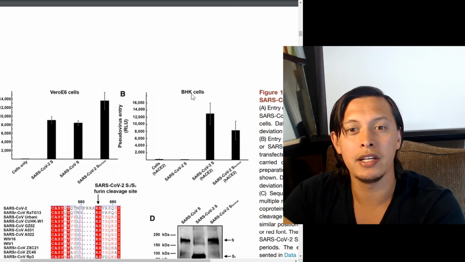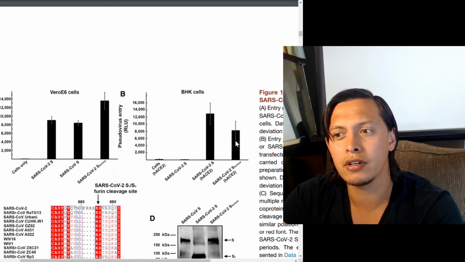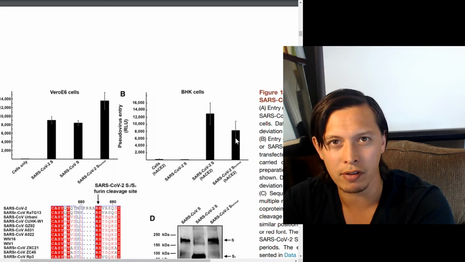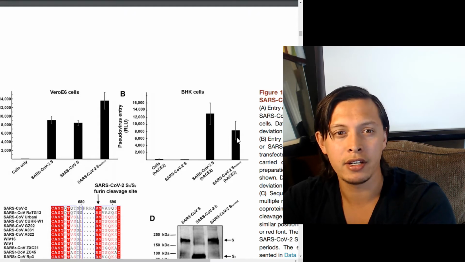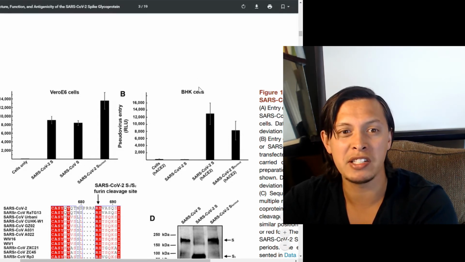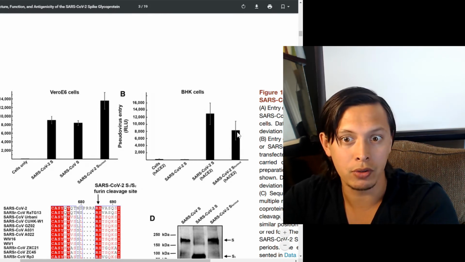But in these baby hamster kidney cells, maybe they don't have the very specific monobasic cleavage site that the monkeys do, so maybe there's a species barrier there, they weren't as able to cleave